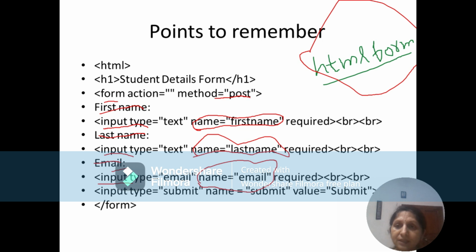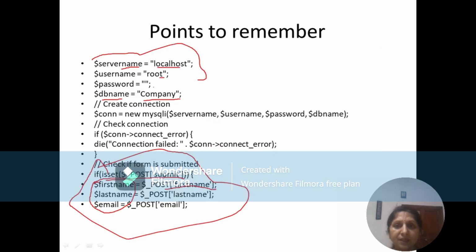This is the form tag and the method is post, and the first input is first name. So this input we are reading. Where are we reading it? We are reading it over here, $_POST first name. So the first form input is read here, and whatever the user types in that box is stored into our PHP variable known as $first_name.